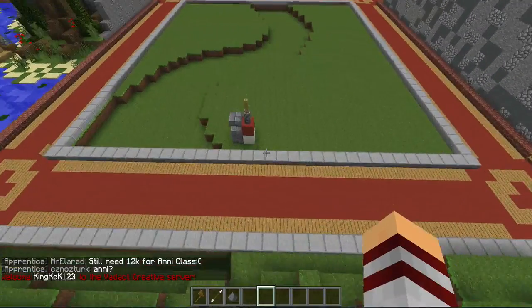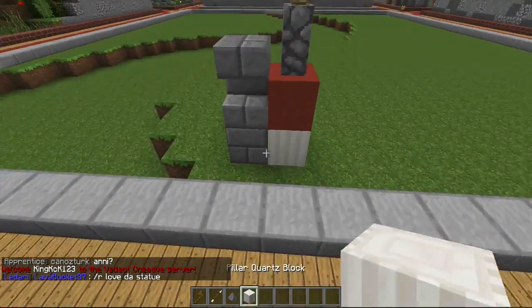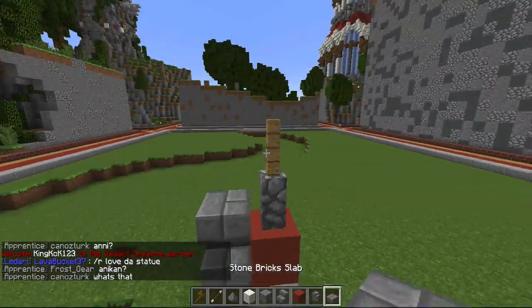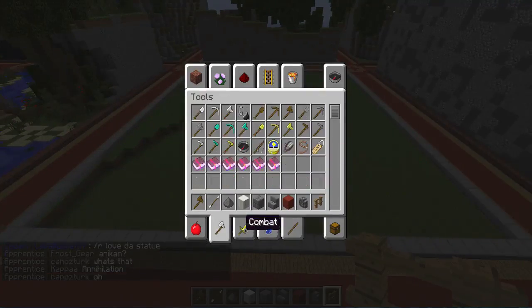But other than that, let's go ahead and get started here. So we have our materials here. Let's go ahead and just pick these up real quick. Alright, so we have all our materials, and now we're going to go ahead and do a little bit of